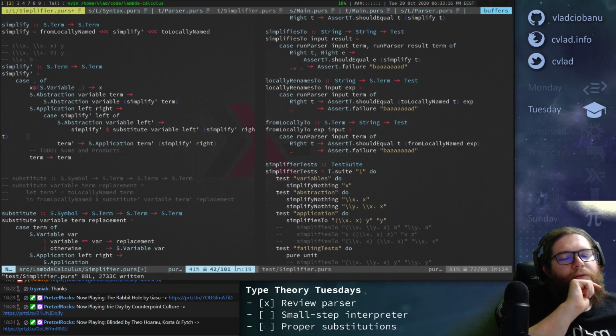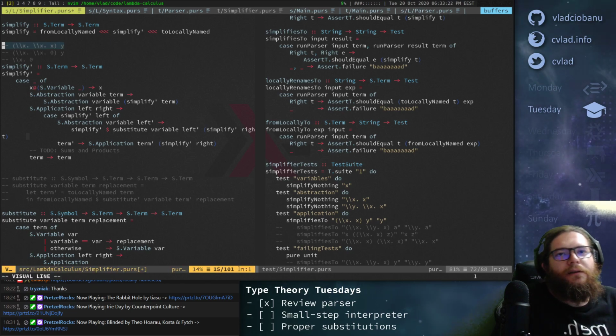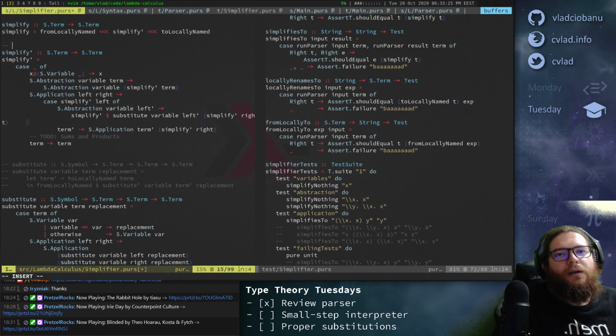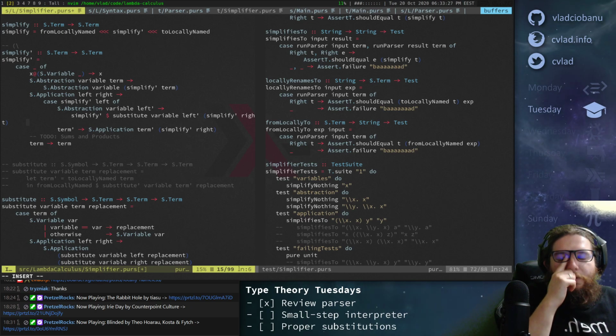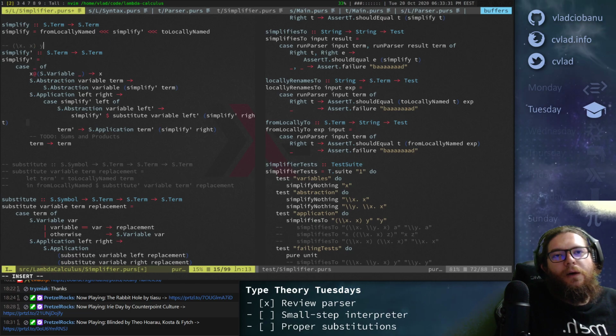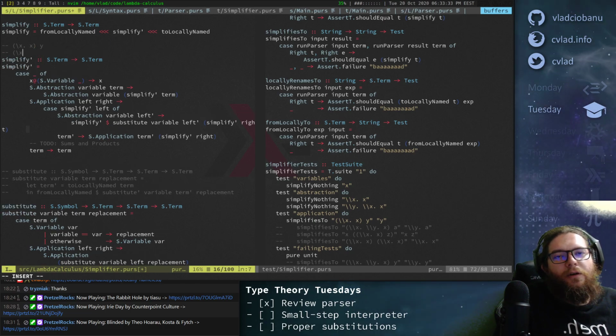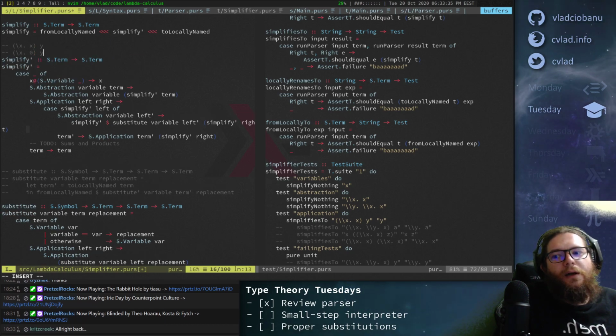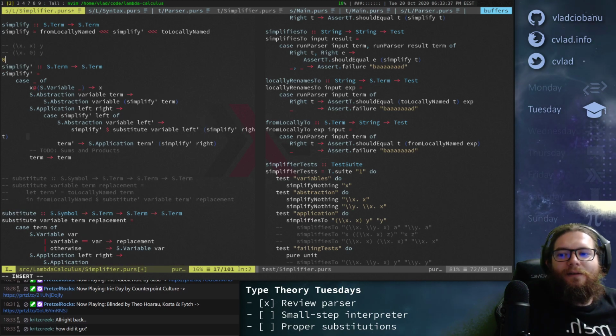So every term should be normalized. Okay, so let's take the simpler example. So we start with lambda x dot x y, and then this should be normalized to lambda x dot 0 y.